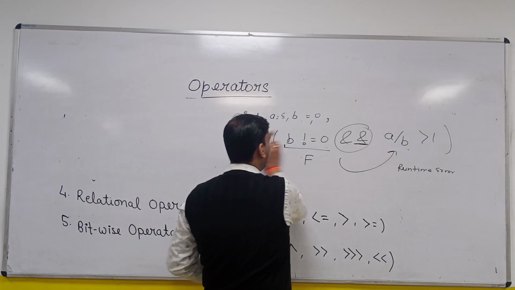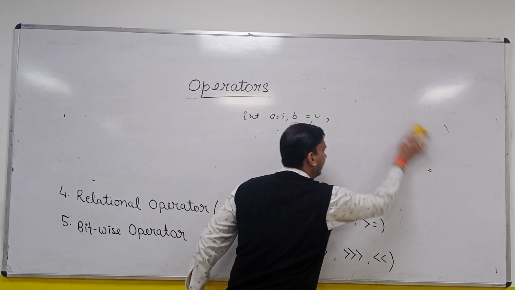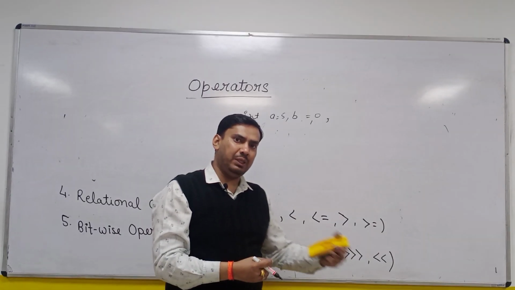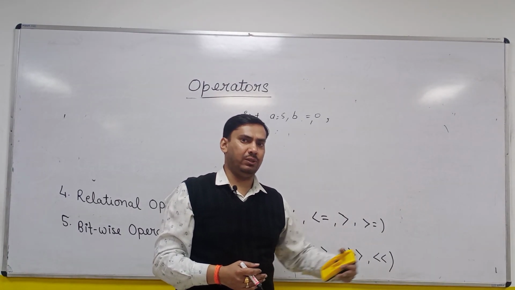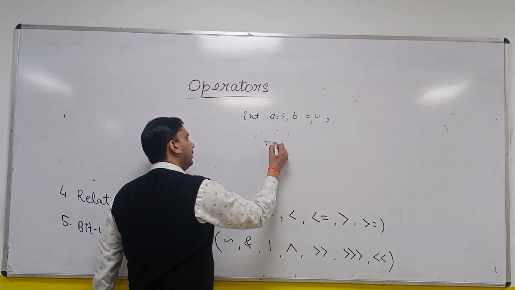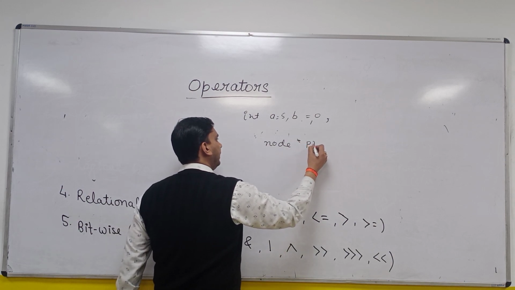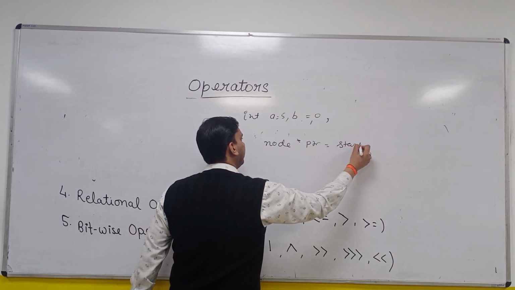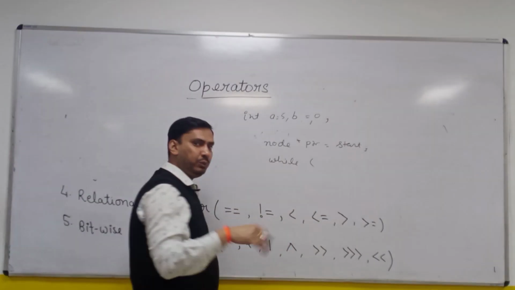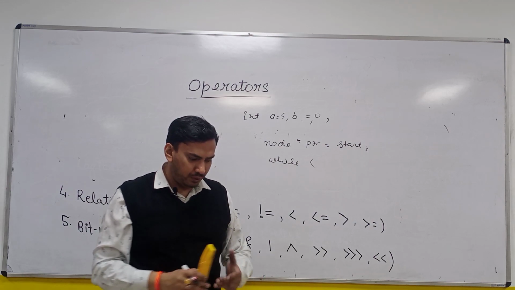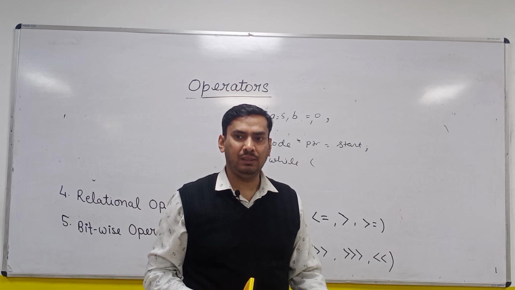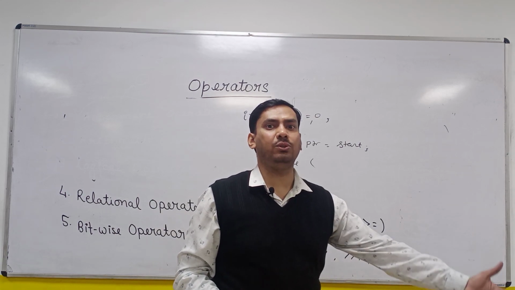Same thing we do in the linked list also. We write a loop. Let's say you have to jump by two nodes. You write the logic of jumping by two nodes, moving to alternate nodes, creating a faster pointer. So what you write here is something like this, node pointer ptr. Let's say you start from the first node, then you write the condition. Because you want to jump two nodes, first of all you have to ensure the first node must exist. If the first node does not exist, you cannot go to the next node.